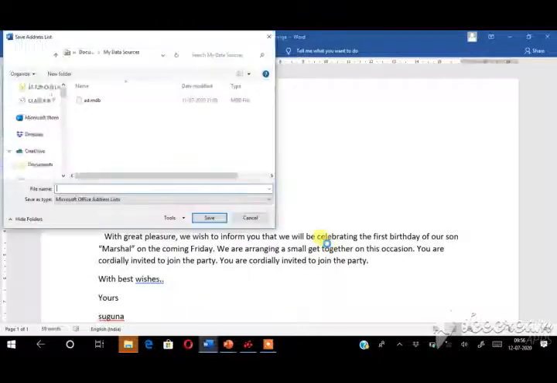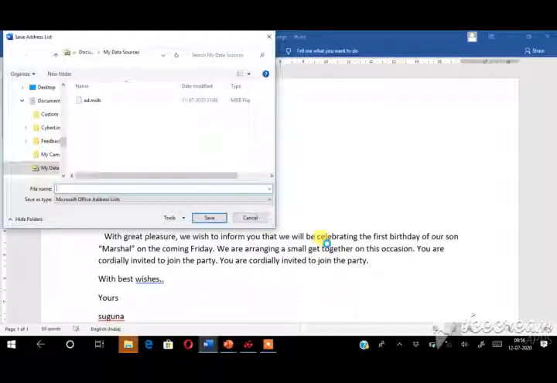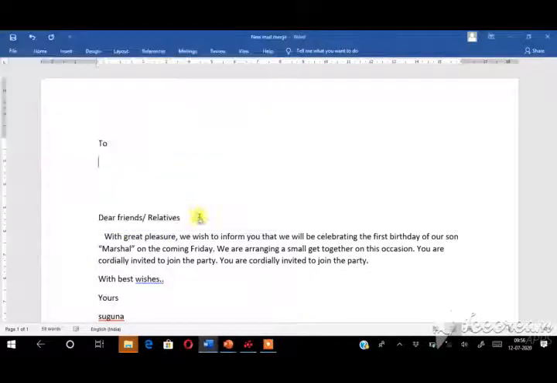So now, after you press the OK button, the saved address dialog box will appear. Here you have to give a suitable name for our address. Just try and specify ADD only. Whatever name you want, you can specify here. After that, click the save option. So now the main document is created, and the address list is also created in one location. Let us see how to combine these two.